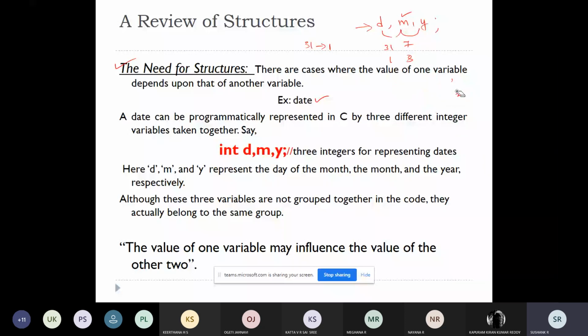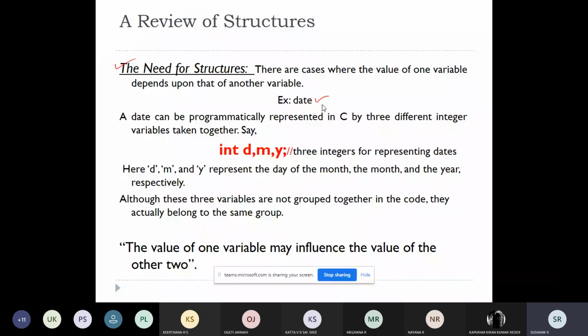So there are cases where the value of one variable depends on the values of another variable. So this is our example, date. There is no data structure in C where you can represent this date variable in a single term. You cannot represent it in a single variable. So now the date is represented by three different parameters.